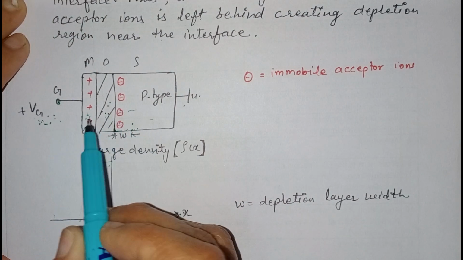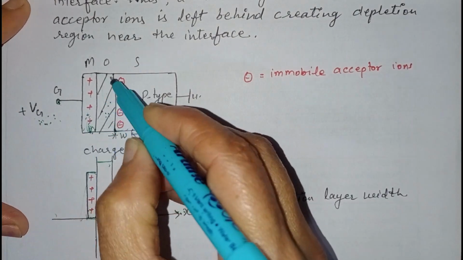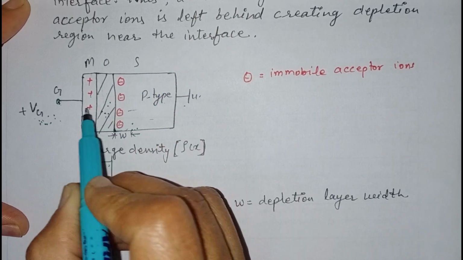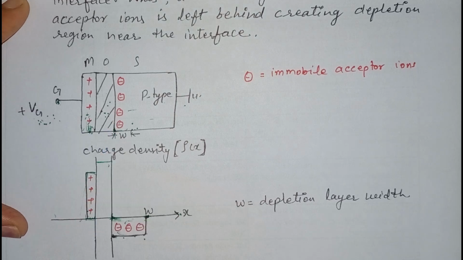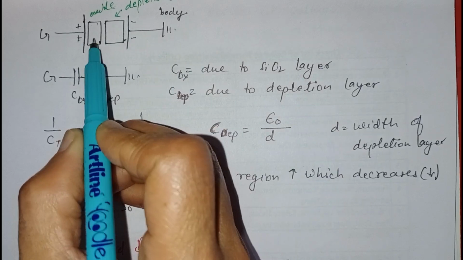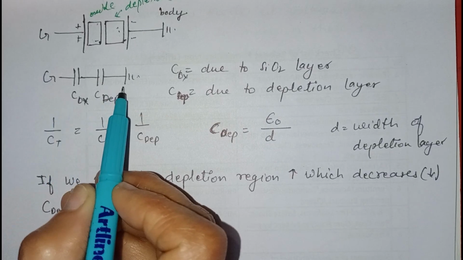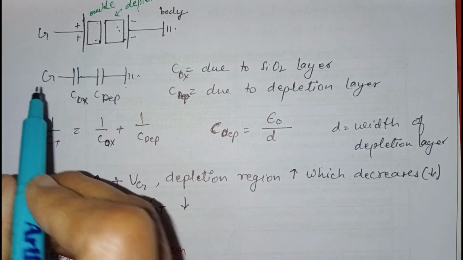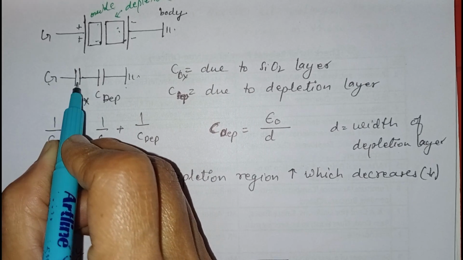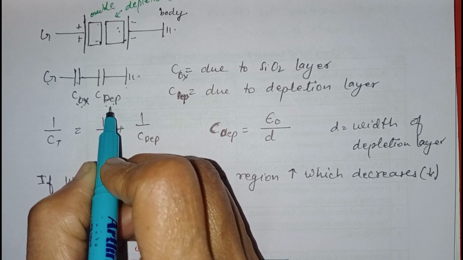Now we'll see the capacitance that is generated in this depletion mode. One capacitance is generated by this oxide layer and the other capacitor is generated by this depletion layer. We can see here that these two capacitors are coming in series. We can show these two capacitors like by this diagram. This is the oxide capacitance and this is the depletion capacitance. So we can draw this diagram according to these two capacitors. This is the gate and this is the COX, means this is the capacitance of oxide layer, and this is the depletion capacitance due to the depletion region.